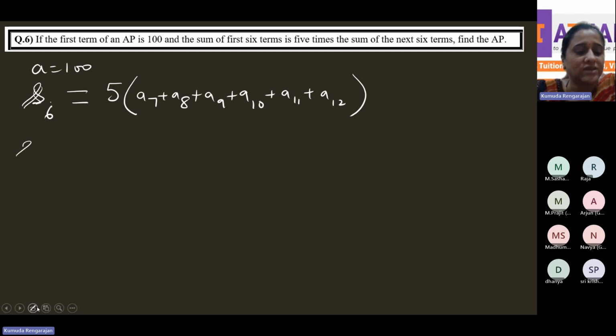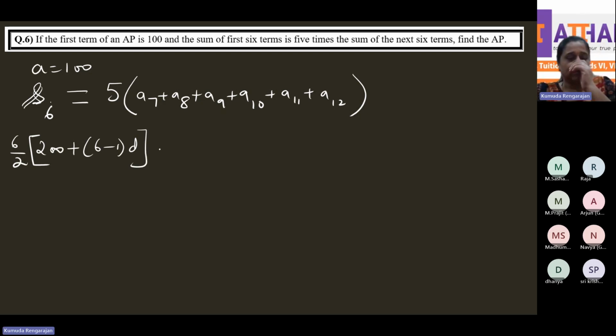So what is S6? S6 is n by 2, write the formula. S6 is 6 by 2 of 2A. Children, I'll work it in more detail and share the picture on WhatsApp, so don't take it down. 2 into 100 is 200, plus n minus 1, 6 minus 1 into D. D we do not know. So S6 is 6 by 2 of 200 plus 5D, is equal to 5 into